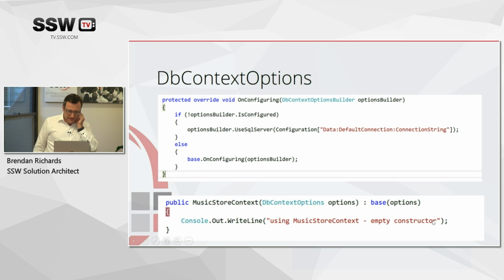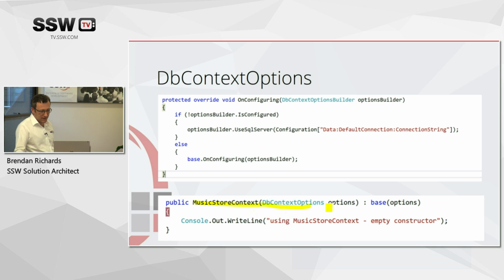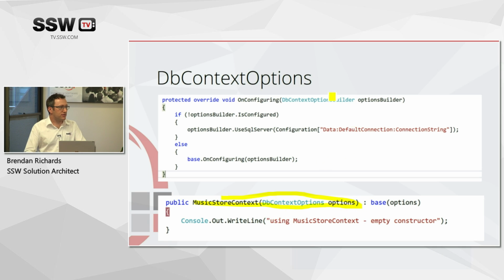So let's look at a few things that have changed in the code for working with a DbContext. First of all, there's this new object called DbContextOptions. And it's also available as something you can inject with a constructor. You've also got the OnConfiguring function here. Actually, let me highlight that. So first of all, you've got a constructor here that takes DbContextOptions. You've also got this OnConfiguring function, which takes a DbContextOptionsBuilder.